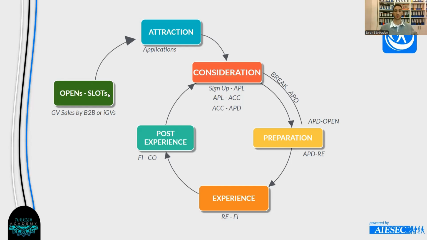So B2Bs are searching the market for new opportunities and new partners, and they are visiting companies and organizations and making their sales and promotion. Also, IGVs are going for the sales, or if that partner is an old partner, the experience that we give to them is really important at that point. That's why IGVs are also another main responsible for opens and slots. After the contract is signed, the opportunity provider pays their money to Isaac, and after that we will open a new slot for the EPs on our platforms.